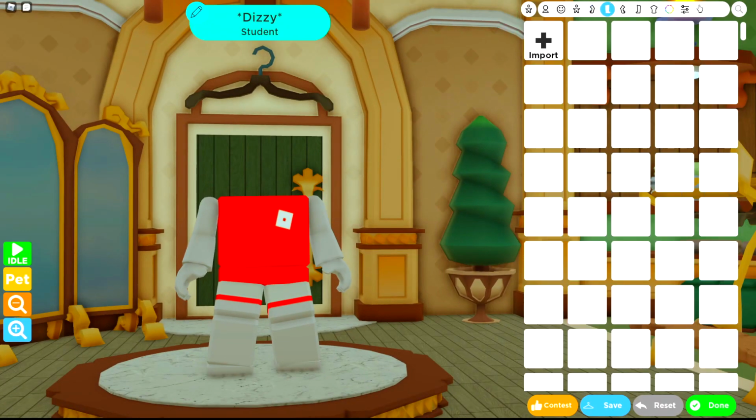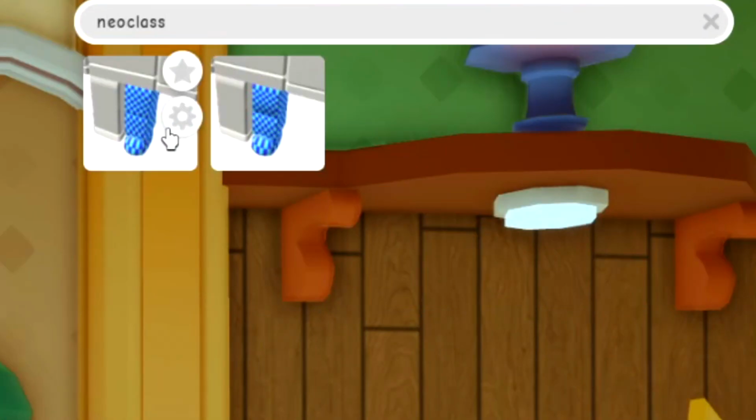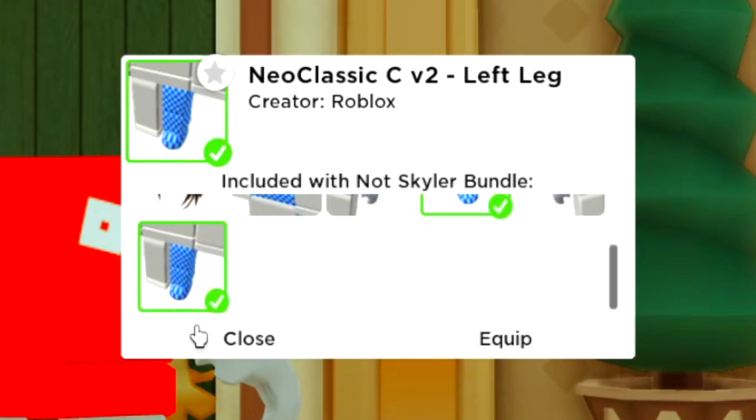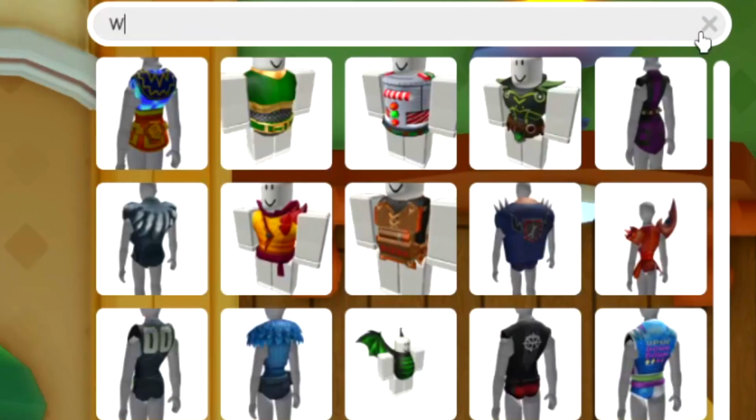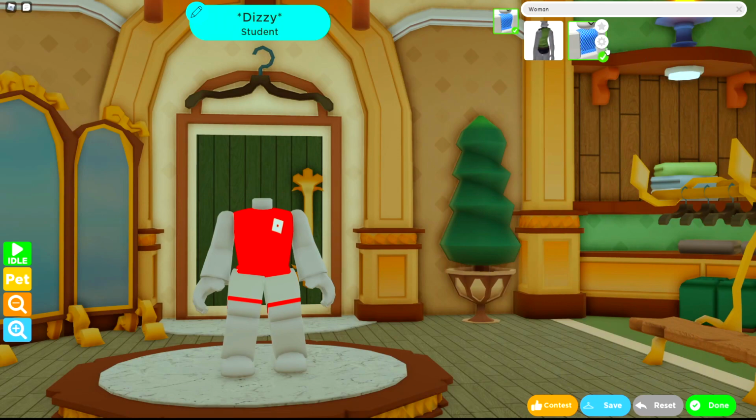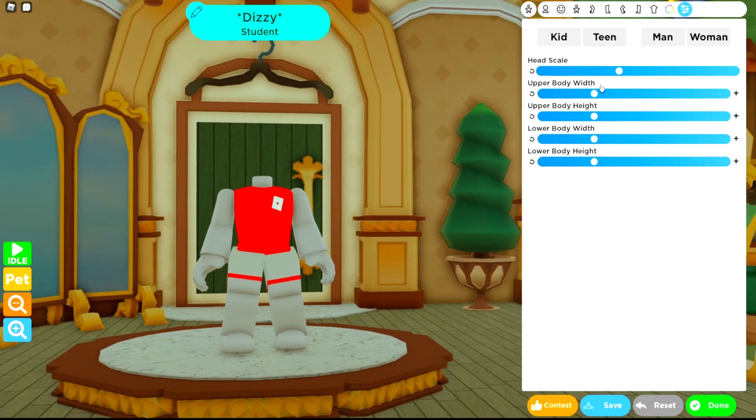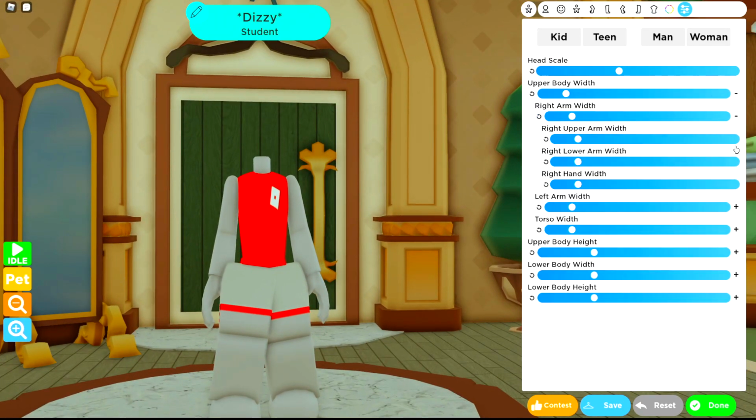Now we're going to head over to the legs and search for neoclassic, and you want these ones here and obviously equip both legs. Now we've done that, we're going to go to the torso and search for woman. You want this one right here. Now we've got that all dealt with, we're going into this bit where we do the scaling,